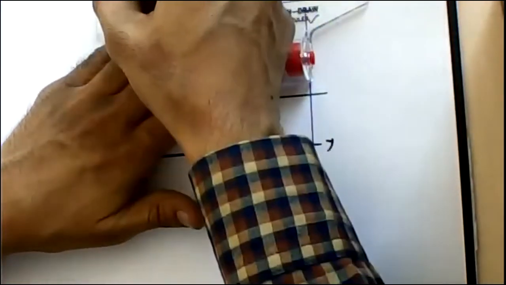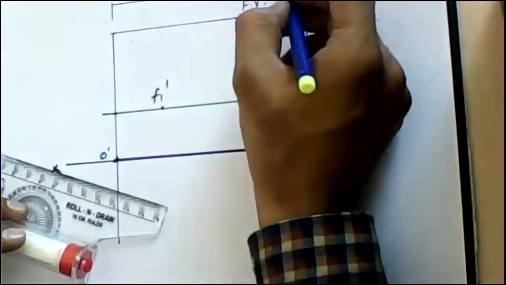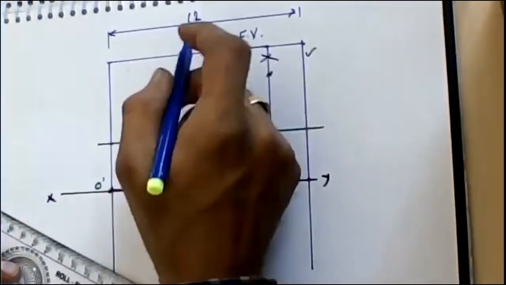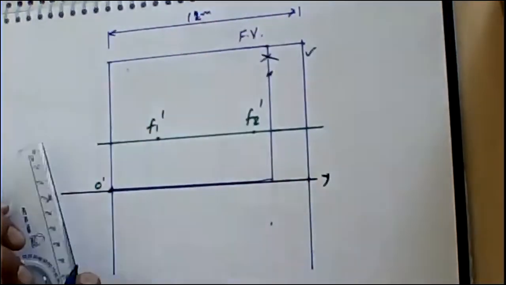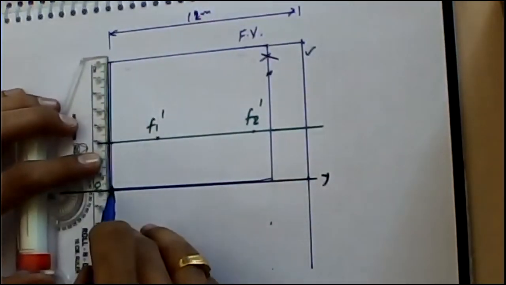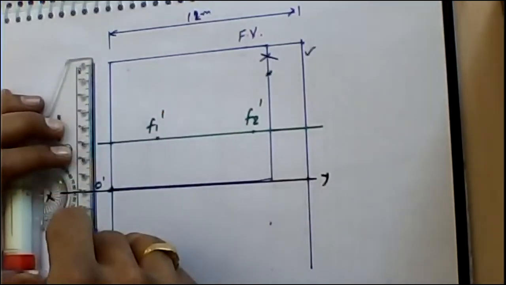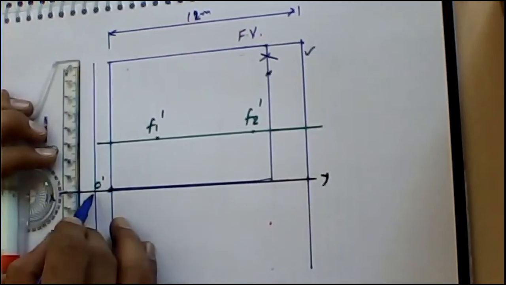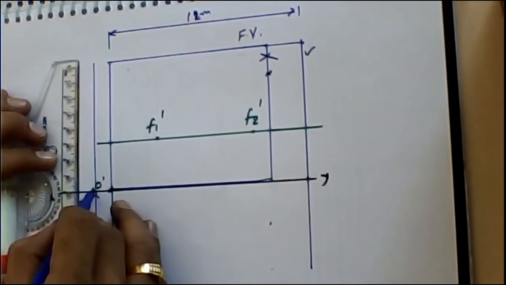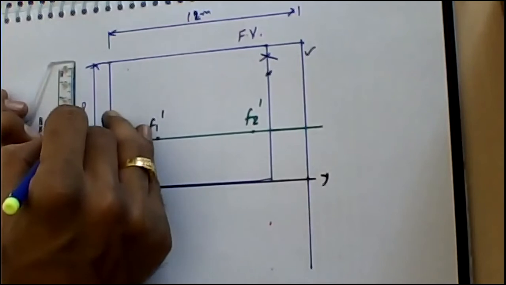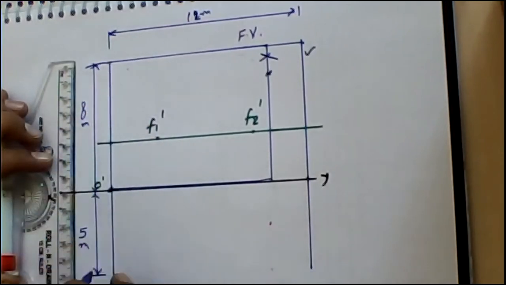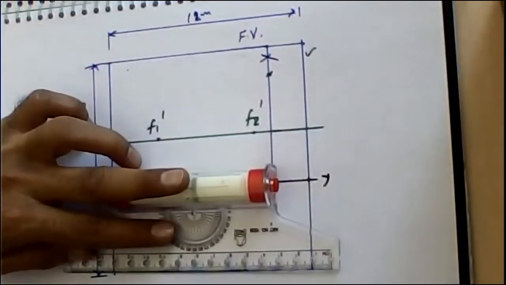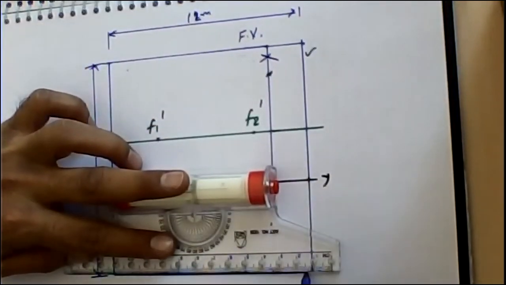So length is over here. It is 12 meters. Height is over here, which is 8 meters, and width is over here, which is 5. So this is going to be 5, and this is going to be 8 meters. Representation is available like this. We'll plot it over here. We'll define the enclosure of it.